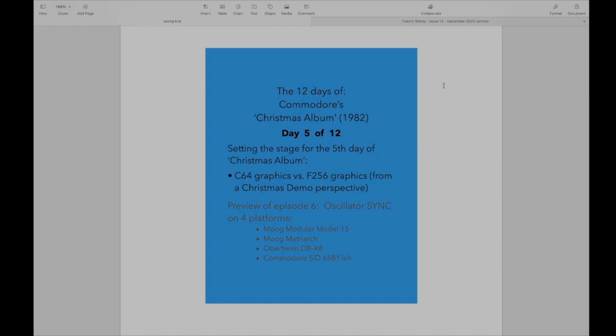We'll also be looking at the Oberheim OB-X8. The Oberheim line, Tom Oberheim, has a storied past going way back to the 70s. And this machine's an absolute monster. It has a kind of a cross-sync capability that is pretty amazing. And then we'll move over to the Commodore SID and talk about sync there via the SID Lab program that I've been working on. So let's move along and we'll jump right into, well, before I jump into the emulator,